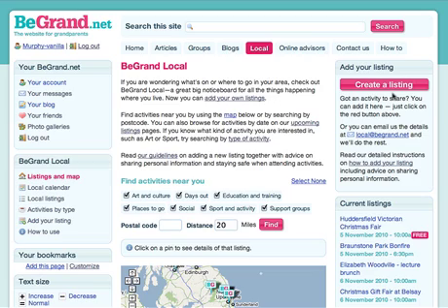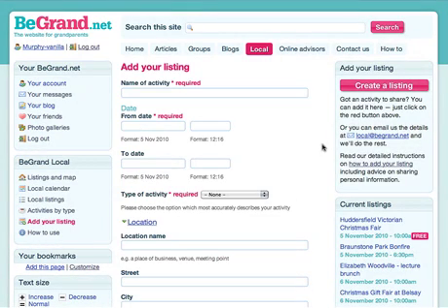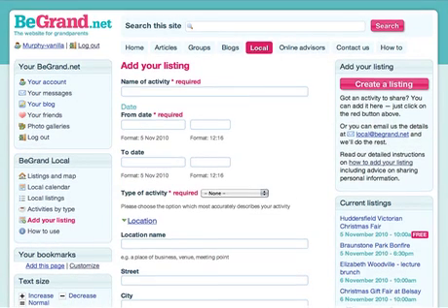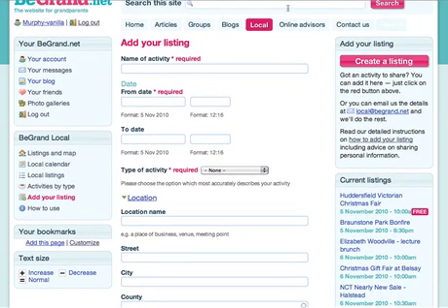First thing we need to do is to click on the big red Create a Listing button on the right hand side. So very simple steps to add your listing. First thing you need to do is to type in the name of your activity. Try and make this fairly descriptive so that when people see it on a list they can understand what it is. So we're going to have a